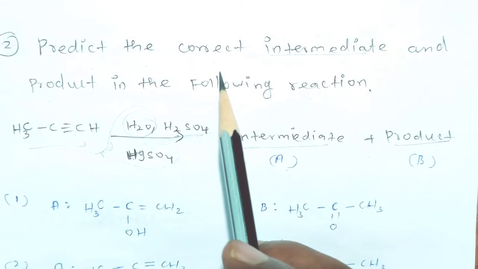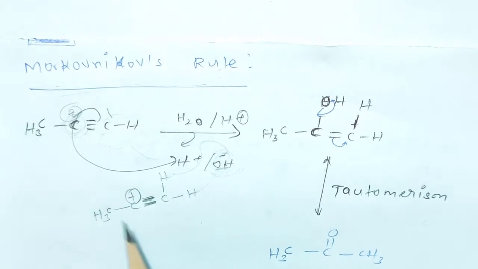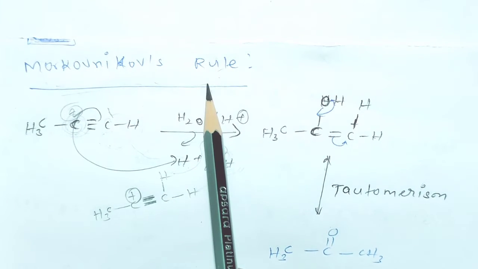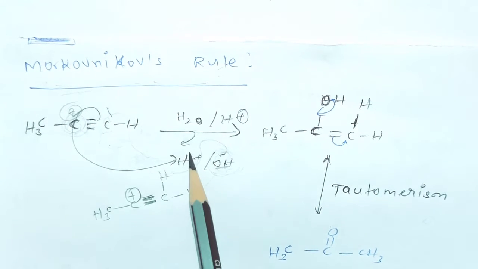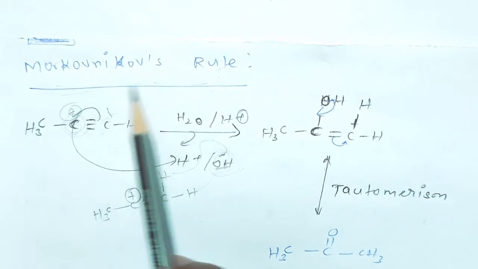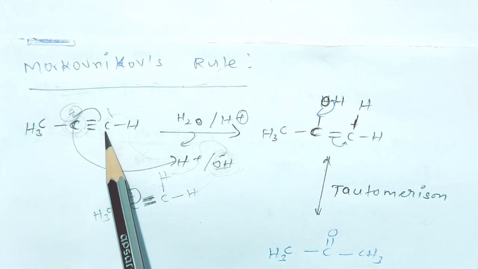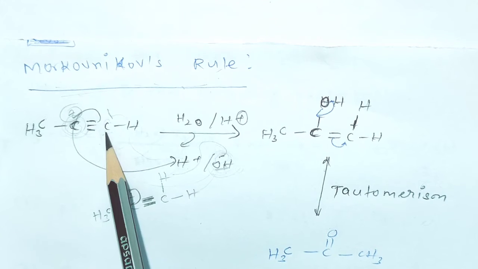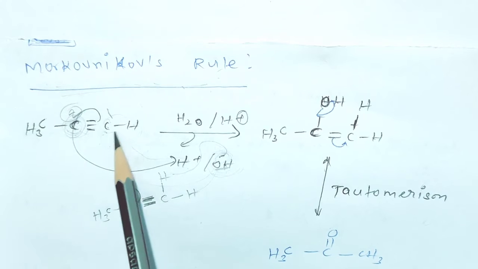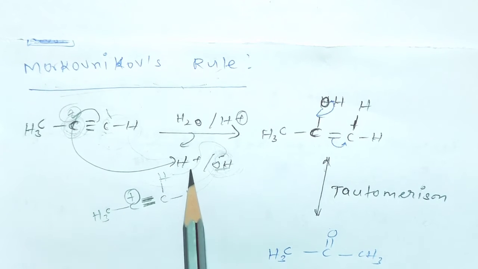You see this one. Generally this reaction is explained by the Markovnikov rule. What is meant by the Markovnikov rule? The Markovnikov rule explains addition reactions. Here H plus and OH minus are there. The OH minus attacks the carbon having fewer hydrogens. Here two carbons are there, 1 and 2. This carbon has no hydrogen, and this one has a hydrogen. So this carbon takes the OH minus and this carbon takes the H plus.